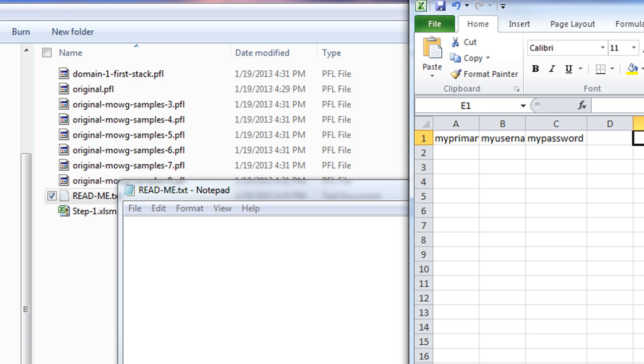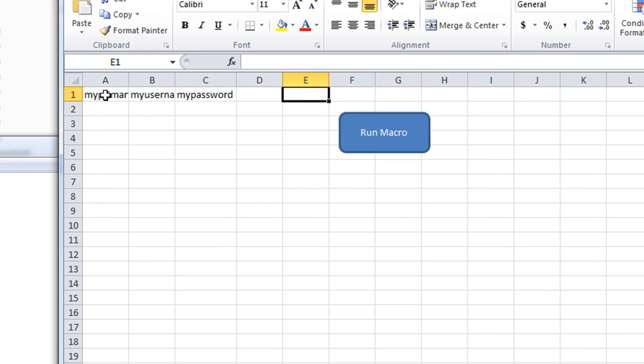If you wanted to set it up for add-ons, what do you think you need? You need my primary, my username, my password, and they're all the same. They're going to stay the same anyway. But now what do you need? You could say, yeah, add-on domain, and that's going to be the add-on domain, and then add-on folder. All right, that's going to be the add-on folder. Okay, where do those things go? I mean, you guys either know or you don't. I don't need to go through it necessarily, but